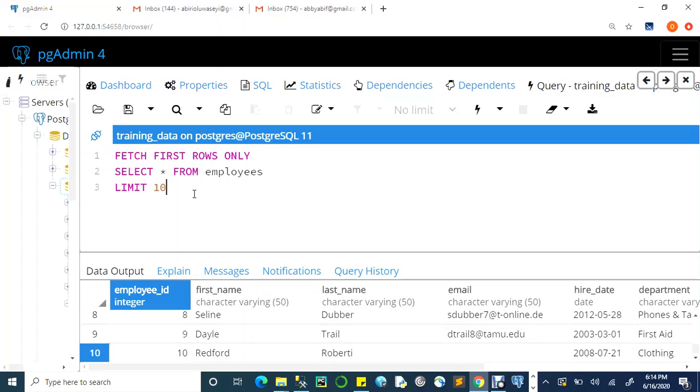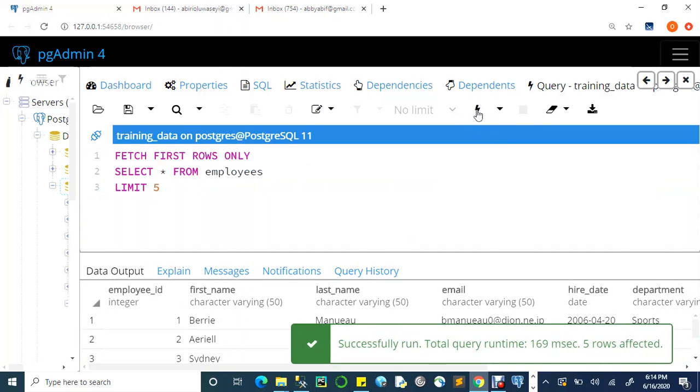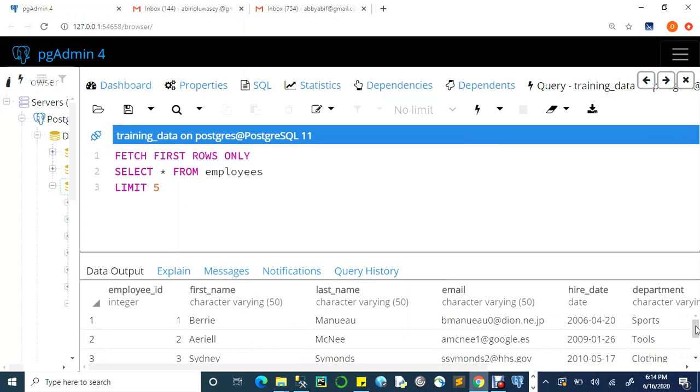Okay. So if I want the first 5, I'm going to do the same thing. Select star from employees, limit 5. That means I only want to see 5 rows or 5 records returned. And it says 5 rows affected. So the other way to do this, if you don't want to use limit 5, is to use